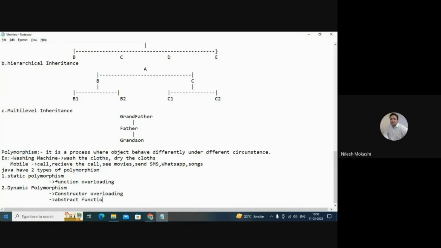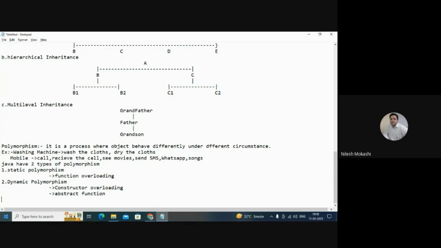So what is an abstract function? How to do constructor overloading? I know you have many questions. Right, so Dinesh, you are writing dynamic polymorphism, static polymorphism, but you are not explaining it to us. This kind of question may arise in your mind. Okay, but please keep that question for your next class. Once the class is created, we are going to explain all these things. What is static polymorphism, what is dynamic polymorphism, how to do function overloading, how to do constructor overloading, how to do abstract functions. Everything will be taught, but not now, guys. It requires time, right?